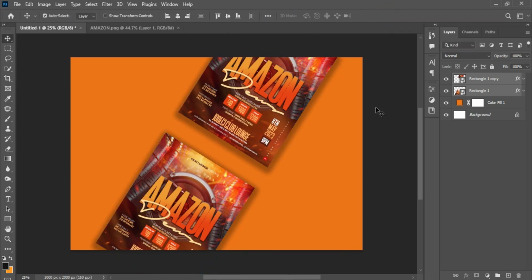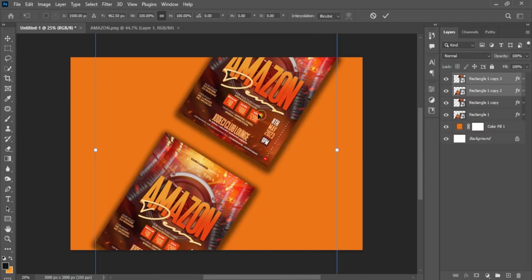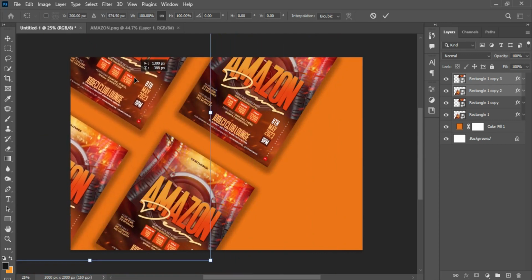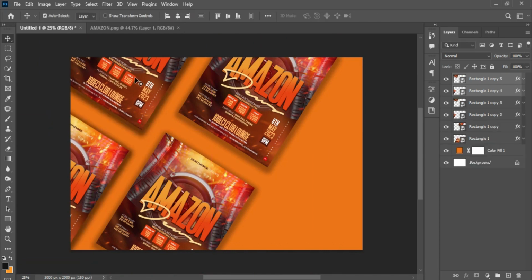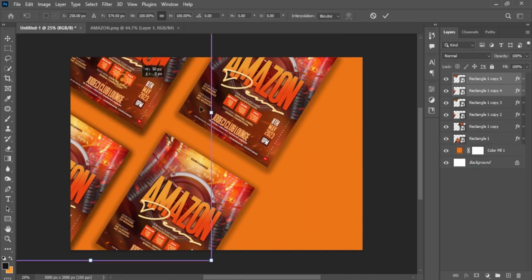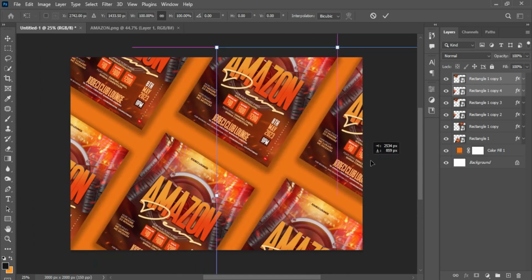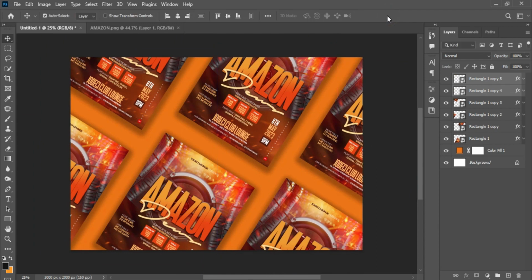After you're done, you hit Ctrl J to make a duplicate of both layers, Ctrl T to transform and adjust the position this way. That's for that. You hit Ctrl J again to make a duplicate, Ctrl T to transform and adjust the position this way. And that's for this. So you can still choose to take this